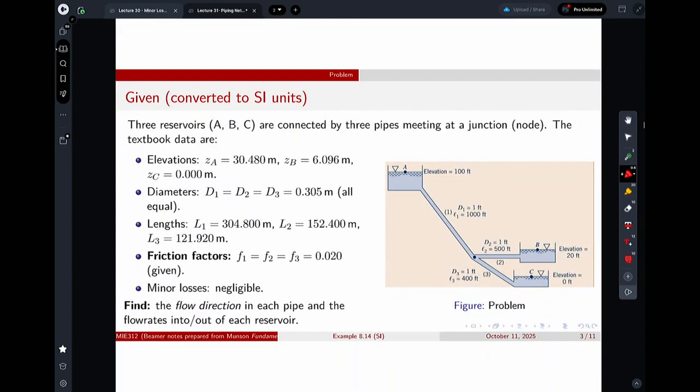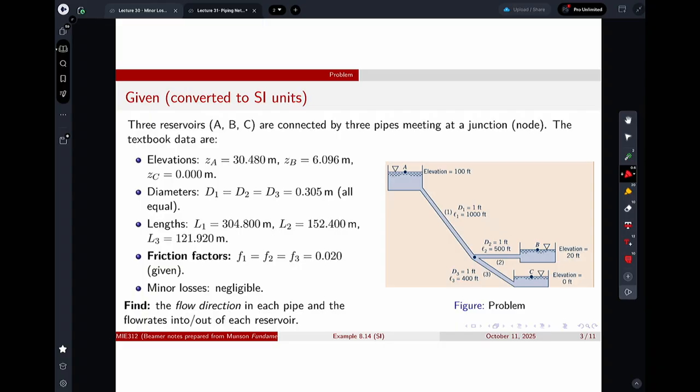And that's just the same thing. So this is a more detailed example that I have done, and I just wanted to start with that one. I have three reservoirs, A, B, and C, and within it I also have pipes 1, 2, and 3. I have a junction where that dot is, and again, I've converted all of this to SI units,